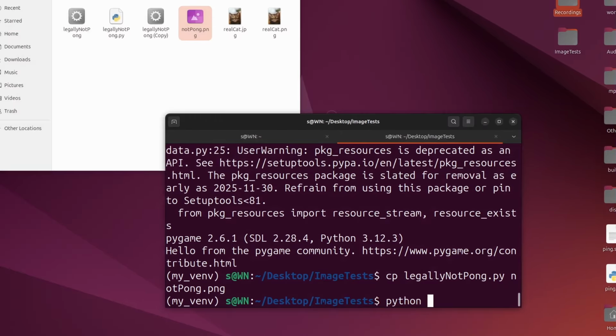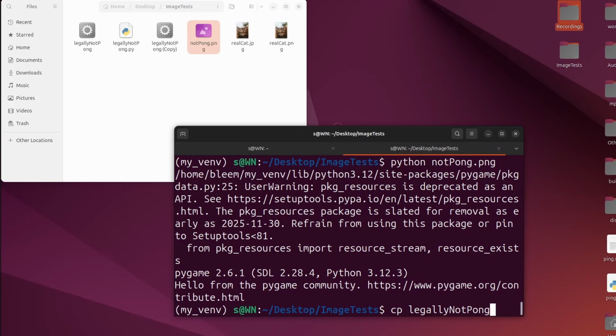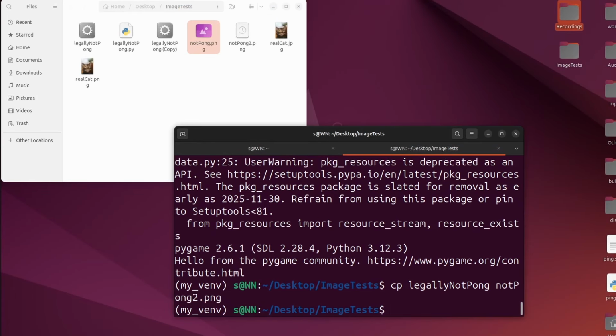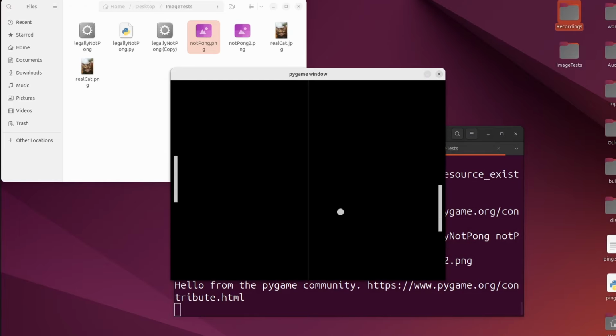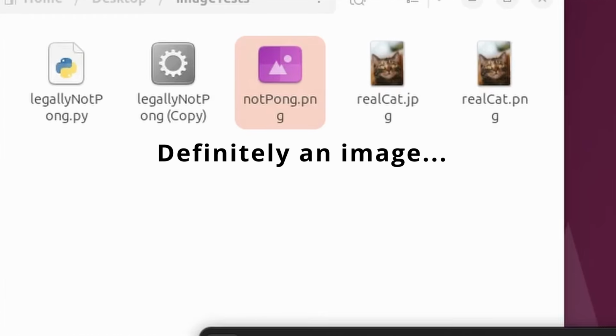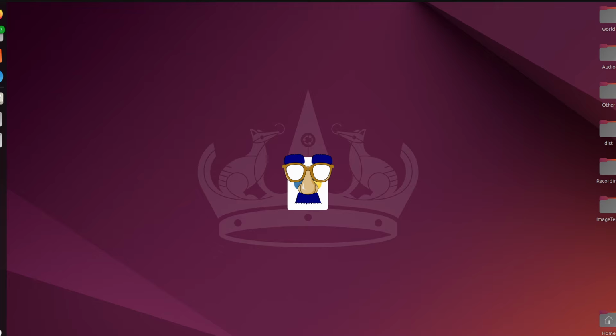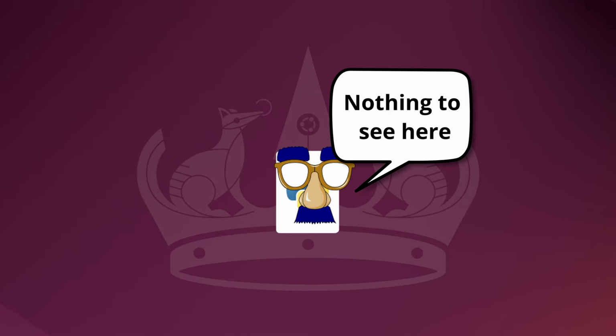If we just run the file as is using Python, then it still executes even though it has the appearance of an image. The same is true for the executable, and this one is even simpler because we just run it as an executable and we get the game. While this method does hide a program in something that looks like an image, it's pretty unconvincing because there's no image actually attached. I can't have my file look suspicious, so let's step it up a notch and use a